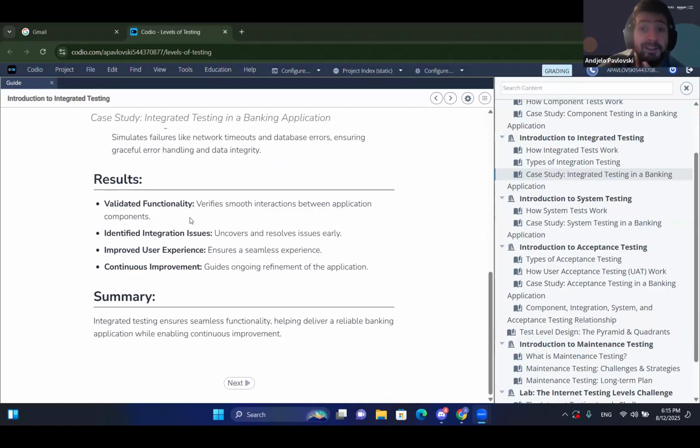So we do not have to have this in mind. We're going to the system testing. The issues that have been discovered are resolved. So again, adding to the build of confidence step, improved user experience. So once these flows are working as expected for the users, it will be a seamless experience since they will be going through all of these steps combined without any issues, and then continuous improvement guides ongoing refinement of the